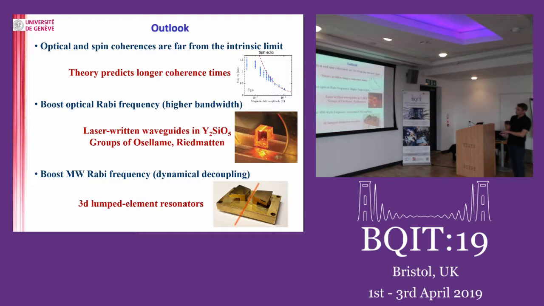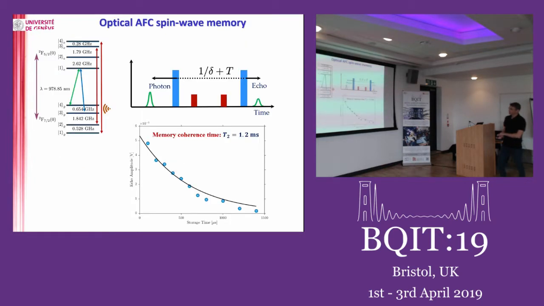We want to boost the Rabi frequency in the optical transition, because what does it help you to have large splittings here, large bandwidth, if you cannot transfer that using this pi pulse? It has to have a Rabi frequency which is considerably larger than anything we ever produced before. And rare earths are kind of bad here because they have low dipole moments.